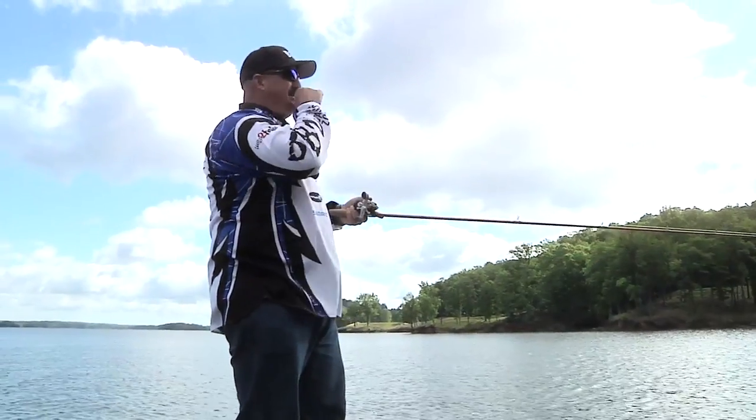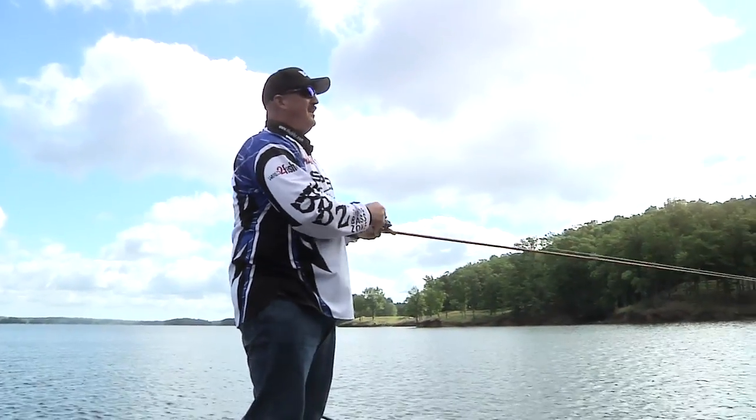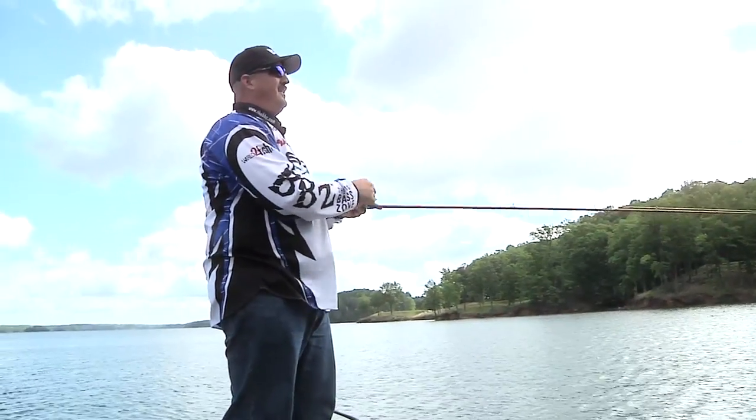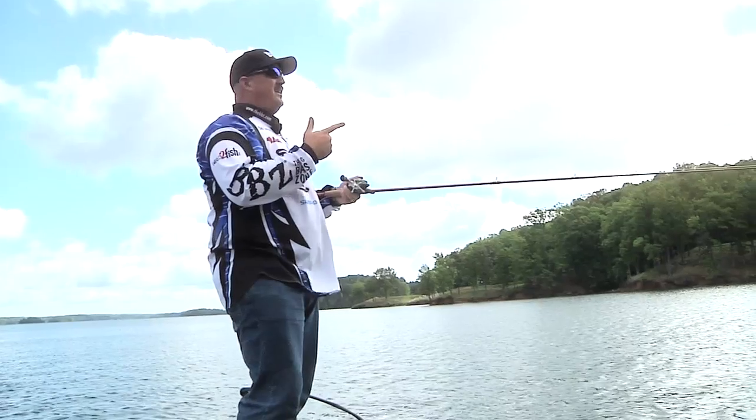But when I'm doing a rip bait technique, I like trying to do the rip bait a little bit quicker just to see if the activity level is faster. If I rip it, let it sit, rip it, and I start getting hit real quick,